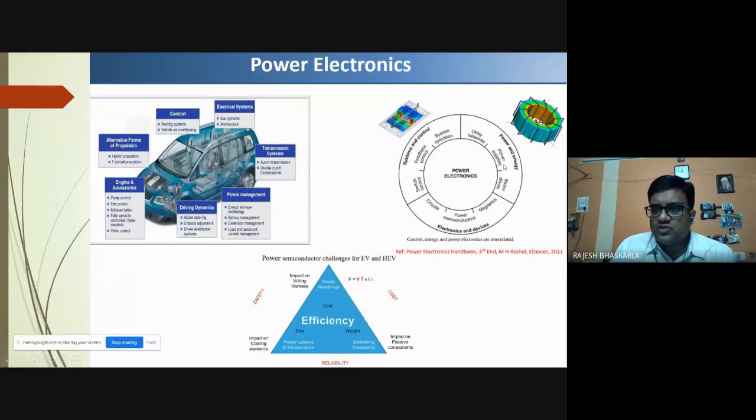So for power supplies, you might have seen the energy regulated power supplies. You might have seen the switched mode power supplies. You might have seen UPS, uninterrupted power supplies. You might have seen inverter circuits and all. Your battery chargers, all these come into power and energy applications. Okay, motor drives, motors are also controlled by these power electronic devices. So these are the applications of power electronics.